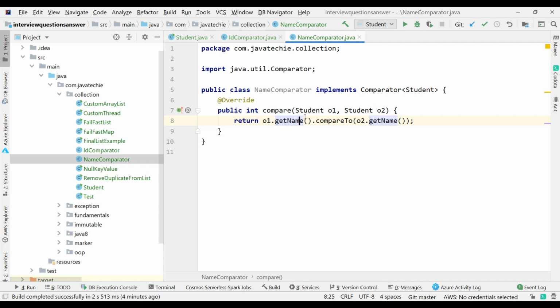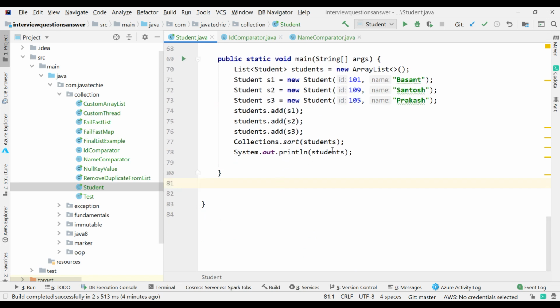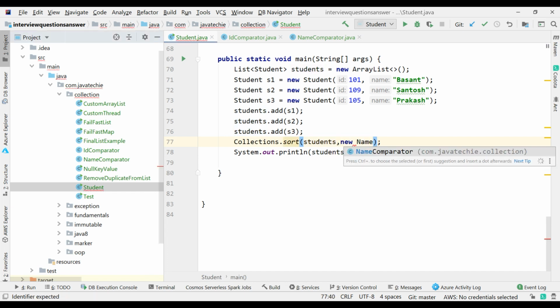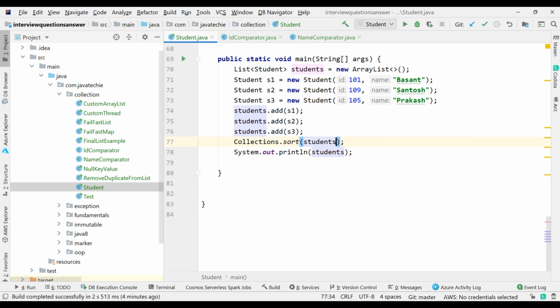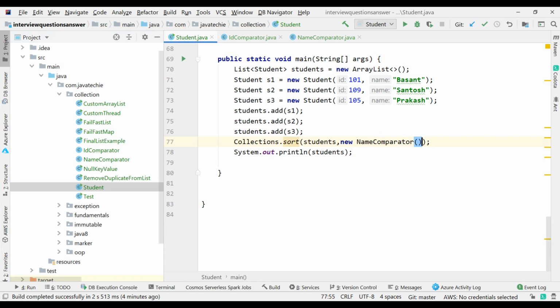Now let's go to the code. Let me go to the student class. Today I want to sort based on the name. So what can I pass here? Simply I can pass new NameComparator. Fine.